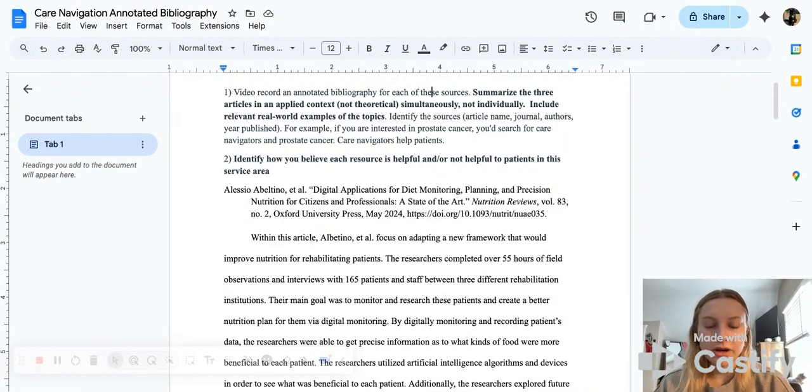Today we're going to be talking about care navigators within a specific healthcare field. I chose personal nutrition. I'm going to keep my directions up here just so I know I'm not forgetting anything